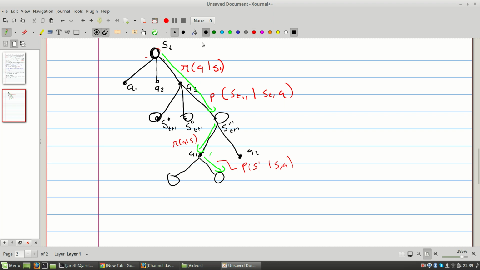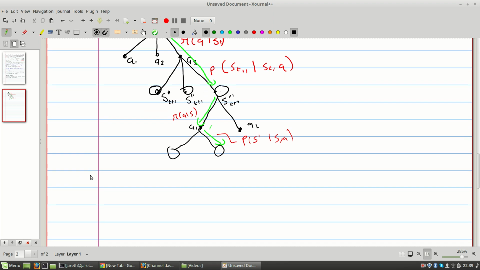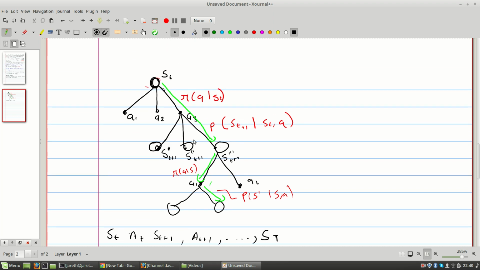This is the situation we're in right now, because we're given a starting state S_t, and we take some action A_t, we end up in S_t+1. We take some action A_t+1, I'm ignoring the rewards here, but there are also reward terms, and so on until we reach some terminal state. So if you're asked what is the probability of this trajectory happening, what's the probability of this trajectory happening?